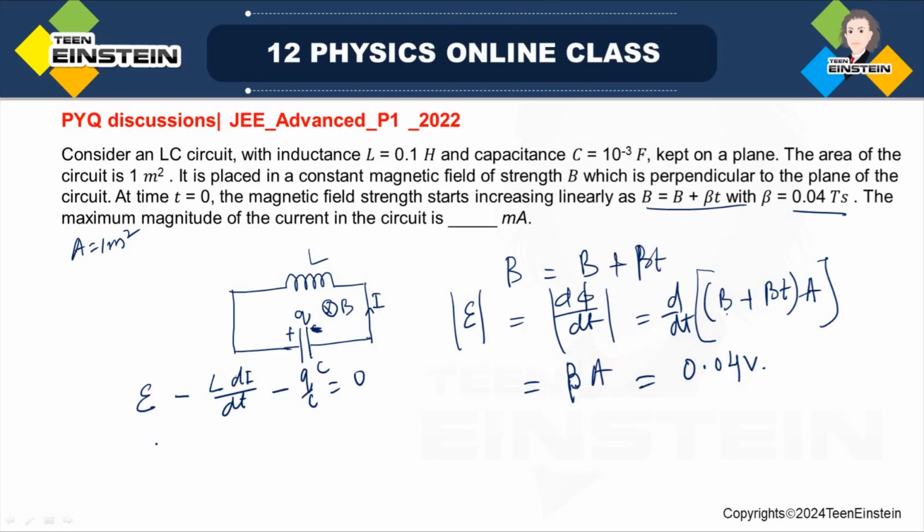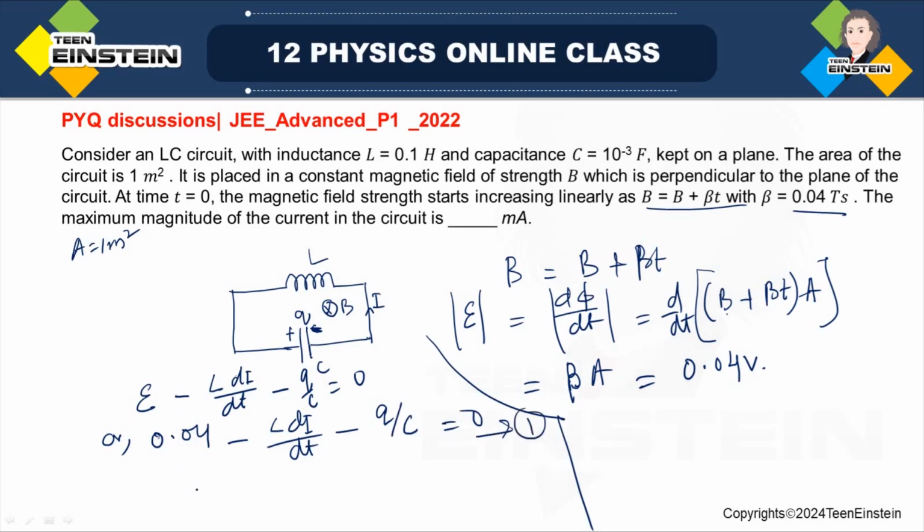So the simple thing is that if we put the value of EMF, 0.04 minus L dI by dt minus Q by C is equal to 0. Now if I take the time derivative of this particular equation 1, then what I get is minus L d2I by dt square, and here it will be dQ by dt divided by C, which will actually give you